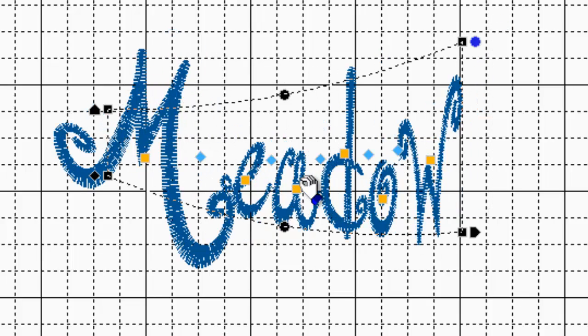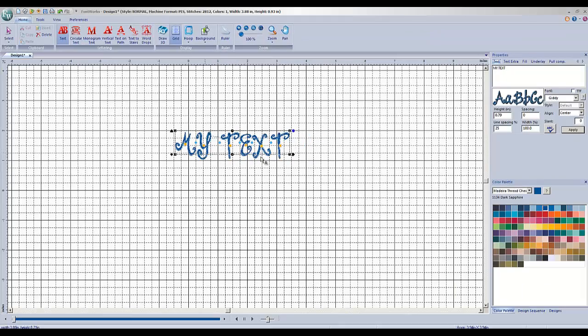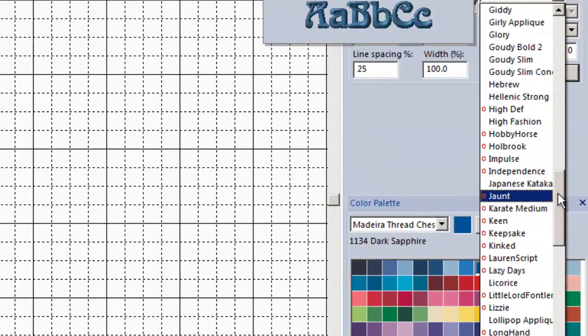So you really have a lot of neat stuff you can do with these. So I'm just going to go ahead and hit the delete key, and we'll bring in a new set of letters to mess with that haven't been all stretched out. Now another thing you're going to notice when you look through here is that some of these fonts have a